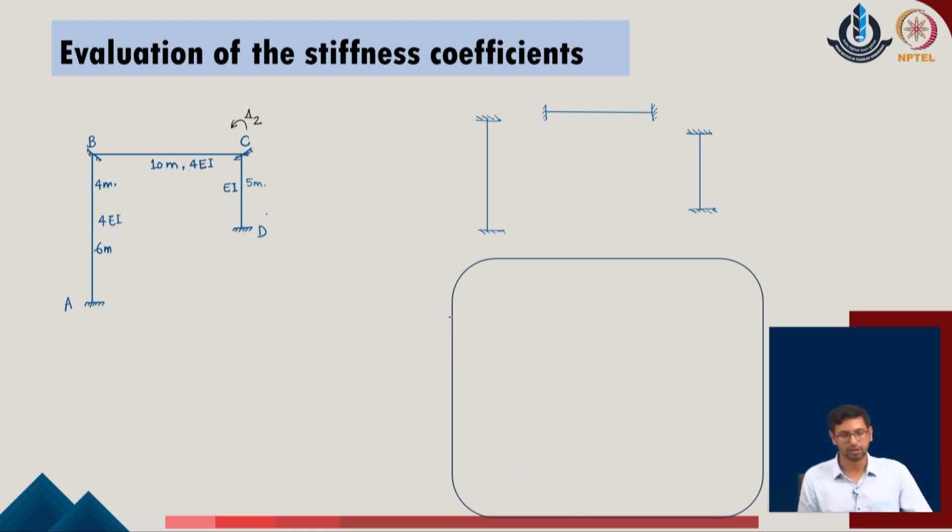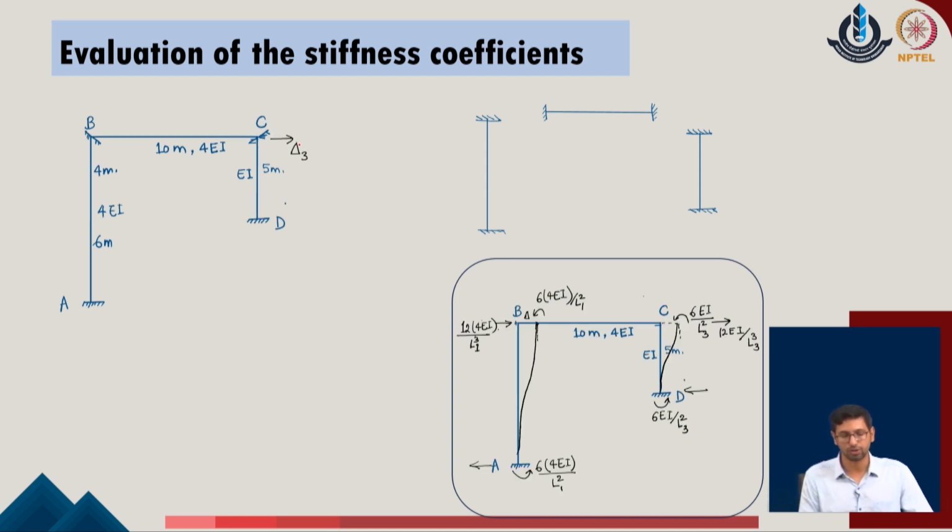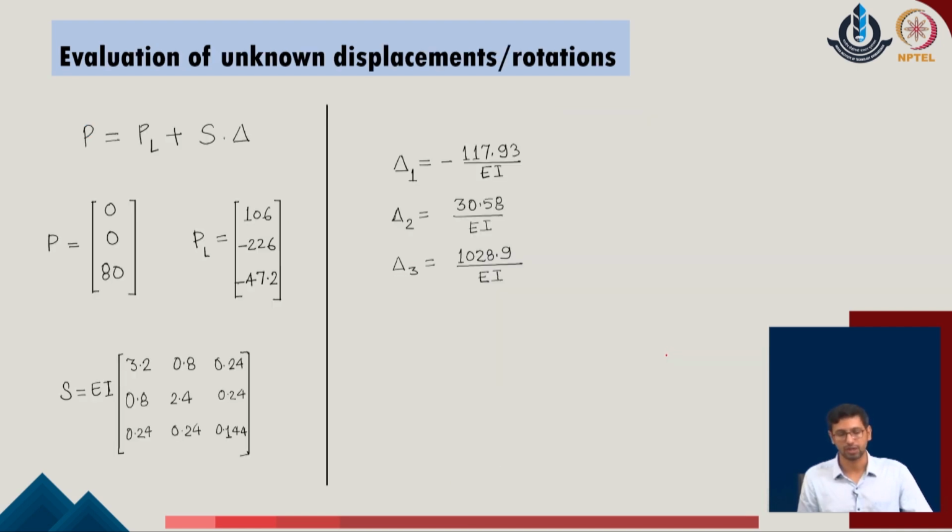I do a similar evaluation with respect to the rotation theta C in the given problem. We again evaluate the values. We do the similar contribution with respect to delta being provided in the given system, and we evaluate the same contributions. Once we sum up all these parameters together, we realize that these are the first set of contributions with respect to theta 1 or the theta B components of the given system. These are with respect to delta 2 or the theta C component, and these are with respect to delta 3 or the actual sway delta of the given system.